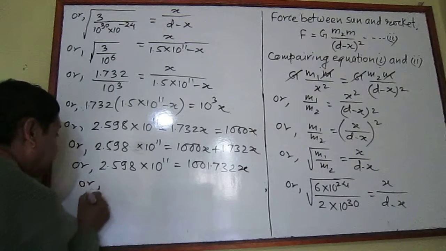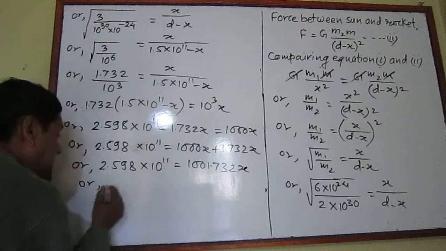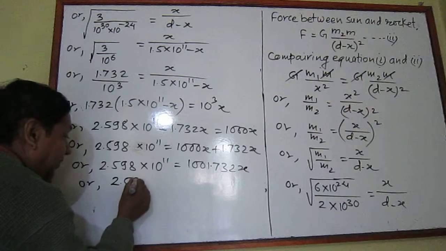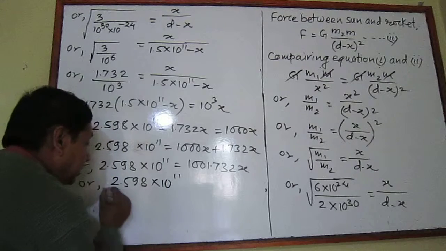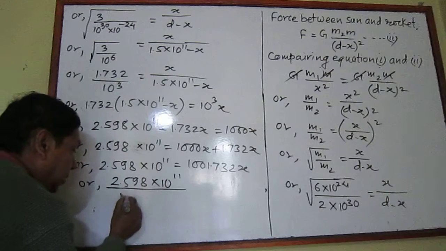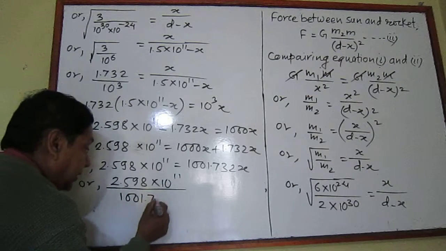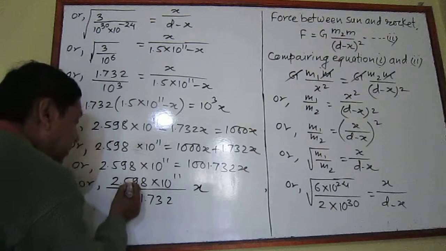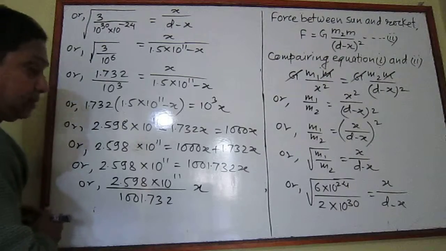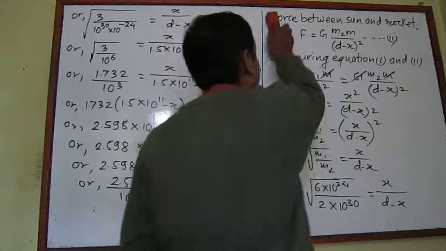And if this number is taken to the left hand side, 2.598 into 10 to the power 11 divided by 1001.732 is x. Then if this number is divided by this number, we have